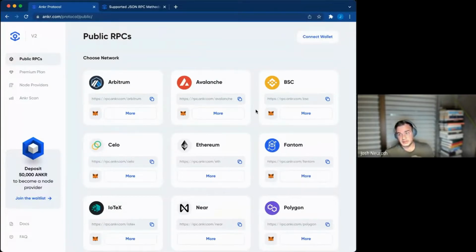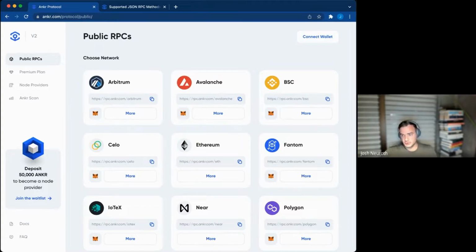I also want to mention that if you're doing development, you're probably going to use a testnet to get started. These are all public RPCs. Ankr, we're launching testnets publicly for this, but we have our centralized API service as well. It's available at ankr.com, and we do have free access to testnets there as well. So if you're developing on a testnet, you can also use our infrastructure for testnets.